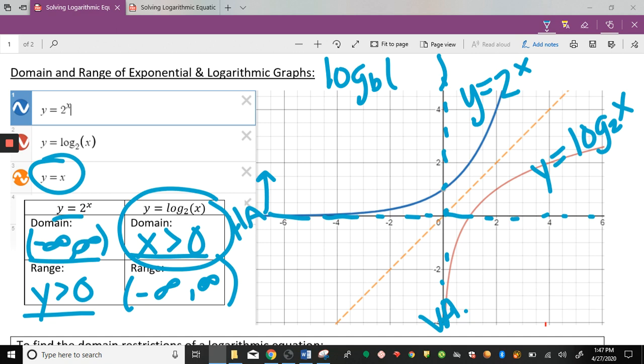Whatever is inside here has to be greater than 0. And we've seen that from notes the past couple days as well. Why? Because if you take the log of 0 or you take the log of a negative number, we will get an error on our calculator. So we have to keep this in mind whenever we start looking at